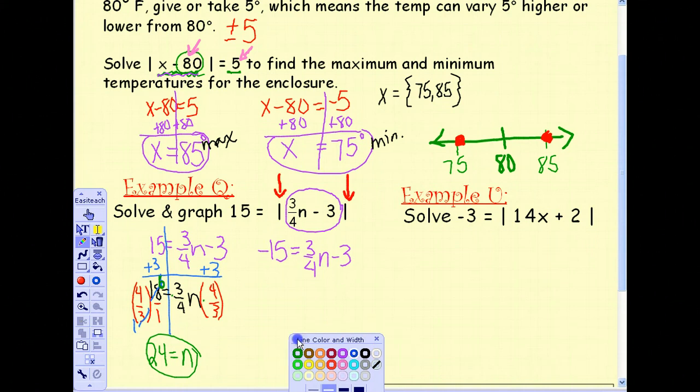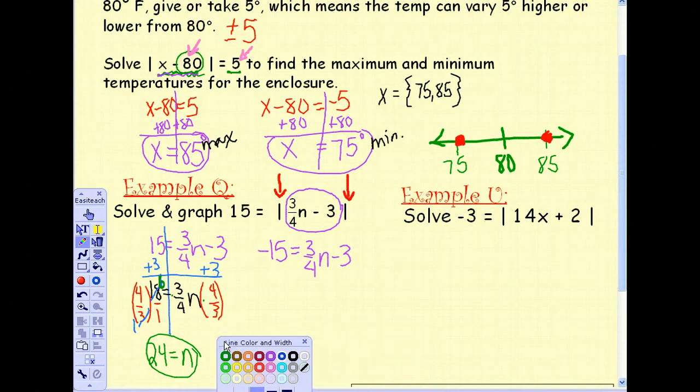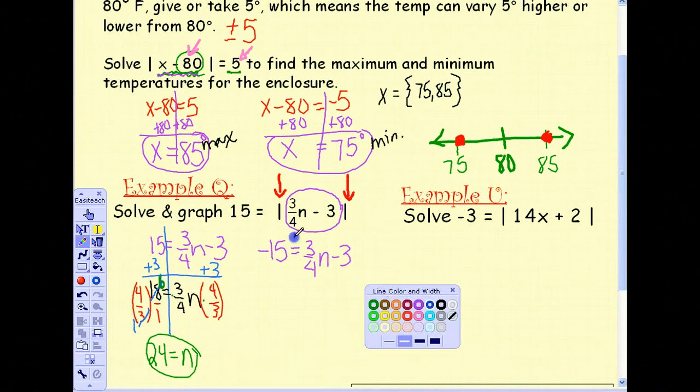In the next example, we still have the same equation. So I'm going to draw my equation separator. We're going to do the same steps as we did before. So I did a +3, so I'm going to do a +3 on this one as well to get rid of that constant. We'll deal with the coefficient part next. So we get negative 12 equals 3/4 times n. And next we're going to multiply by that reciprocal again. So times